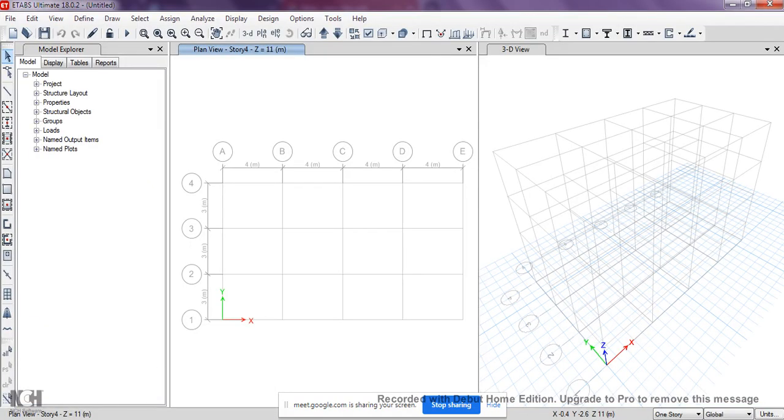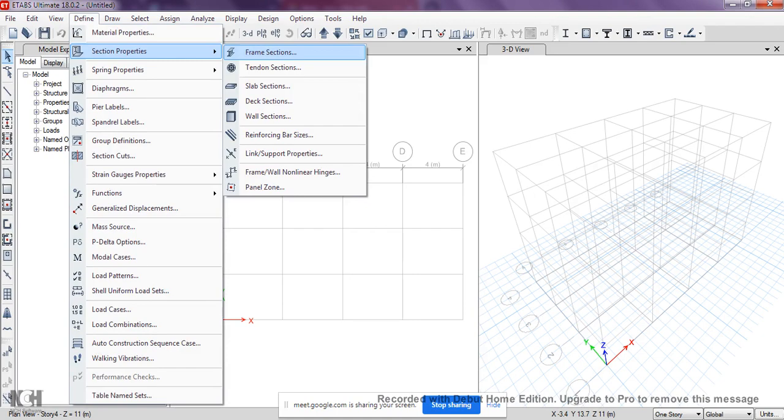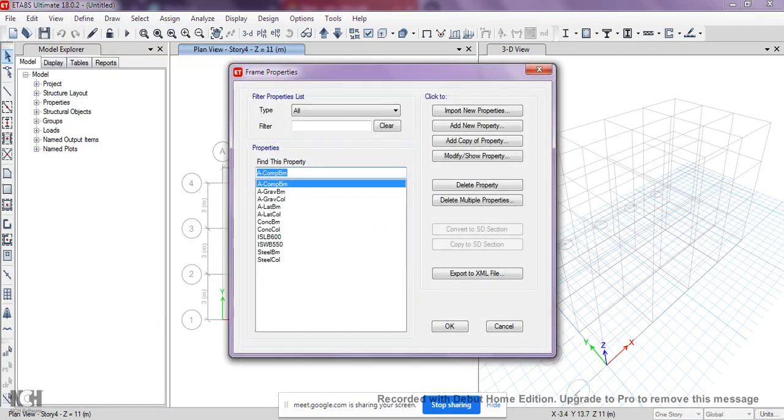So we'll go for defining the beam. In order to define the beam, I have to go for the option called define. In the section properties, click on frame sections. You can do it by two methods. They have already given a concrete beam, which we can modify, or you can start from add new, whichever you want.